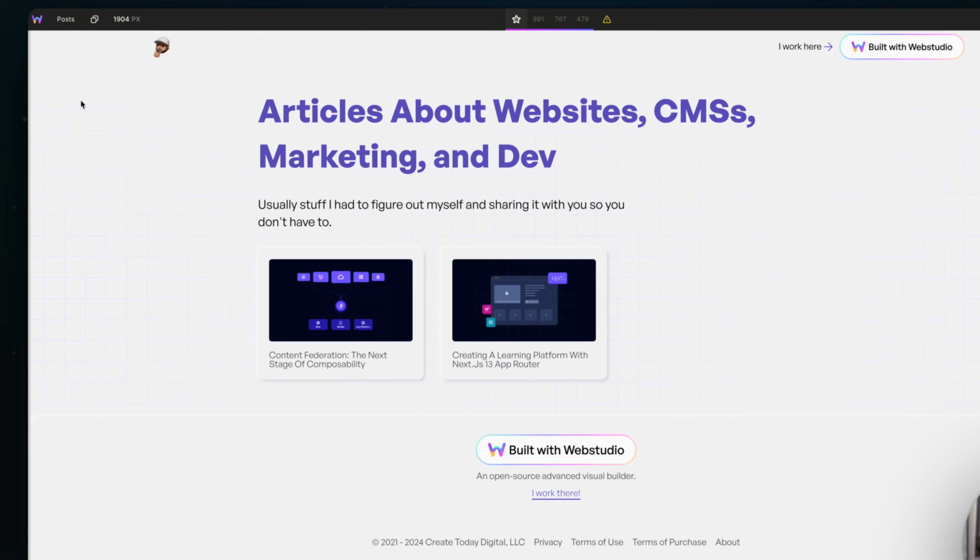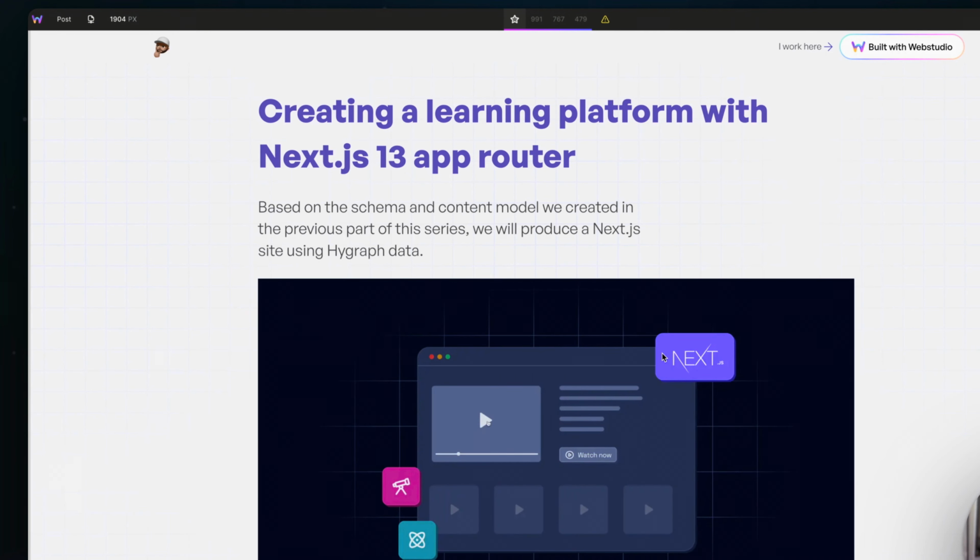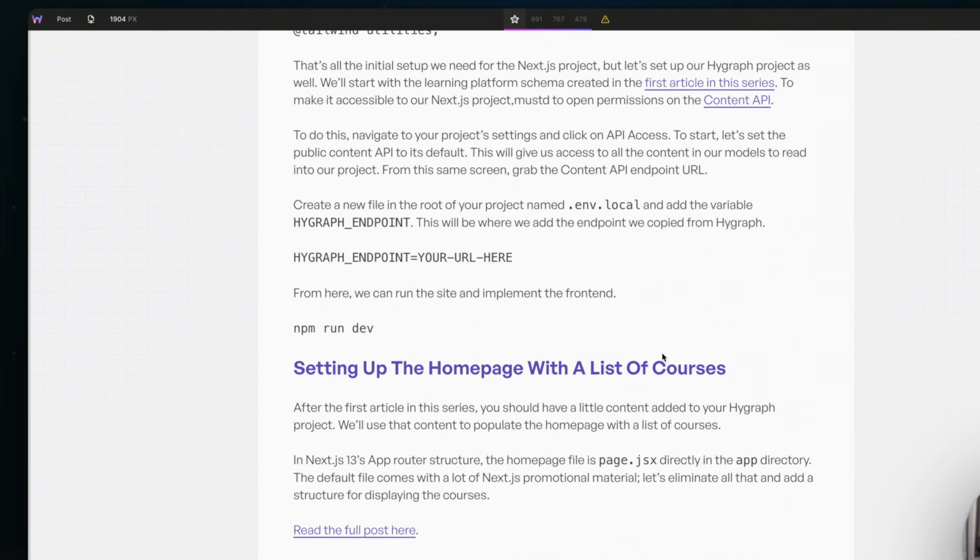Webstudio CMS is here. Whether you want to create a simple blog or a complex portal and bring in data from multiple backends, Webstudio can handle it with ease. In this video, we're going to be building a blog within Webstudio and connecting it to a headless CMS called